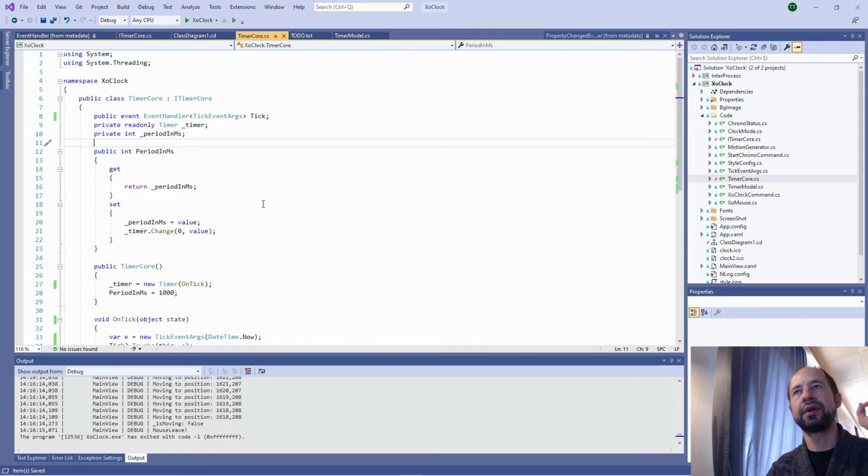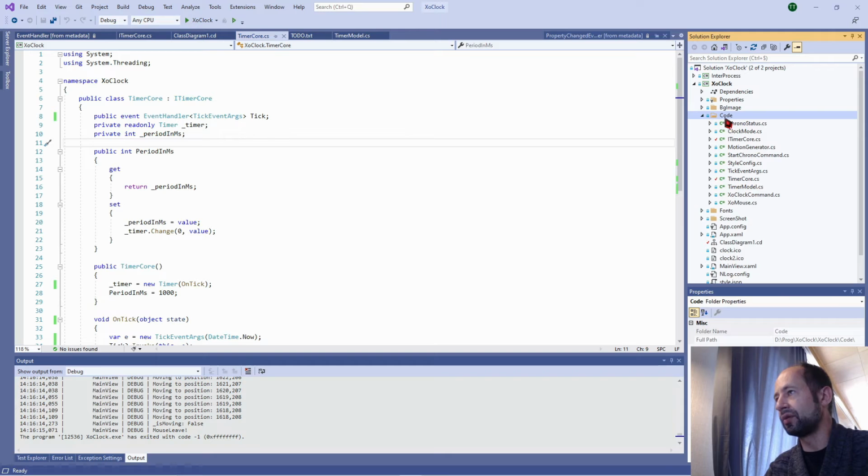So for the moment, we have seen how the time was updated on the window. But we didn't see at all how the processes of all the functionality on the keyboard when I move the window from left to right, etc., where it is done. So let's look a little at the code, how the code is organized.